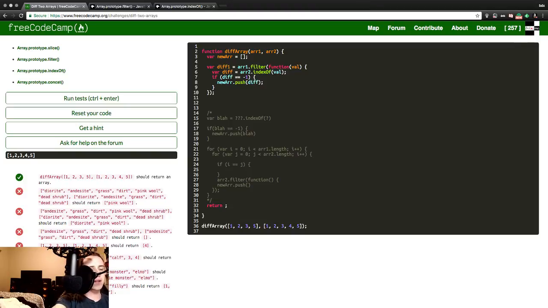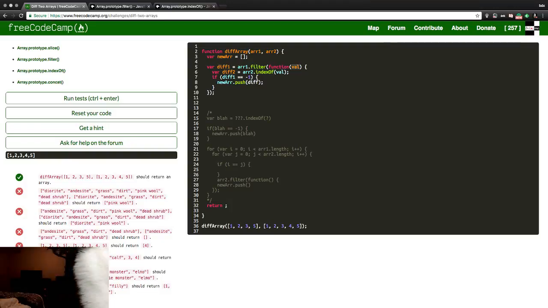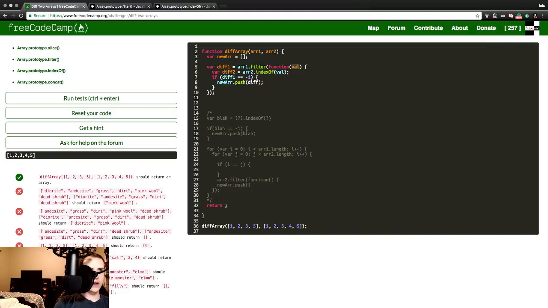Diff1, and this can be diff2. Now, we wanted to compare the value. Diff1, array 1, and we're filtering. Compare it to value. If